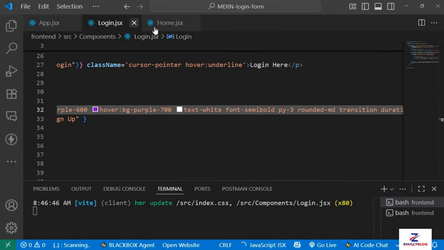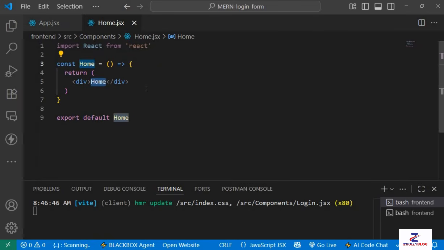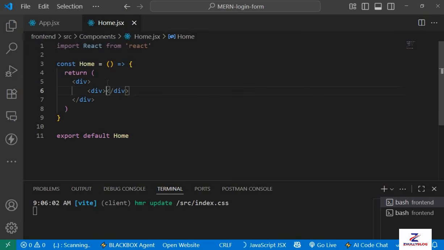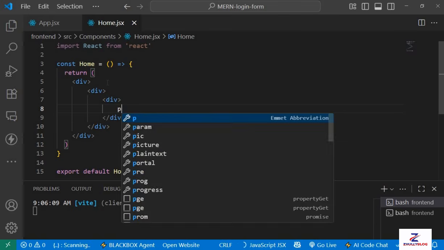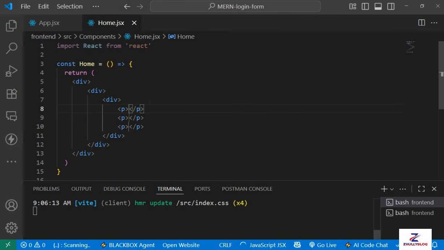Although we're here to create the welcome page, which is going to be the home page. So let's work on that now. So now for the home page, I'll delete this, then we'll have a div tag. Inside this div tag, we're going to have another div tag. Inside this other div tag, we'll have 3 p tags and then a button,